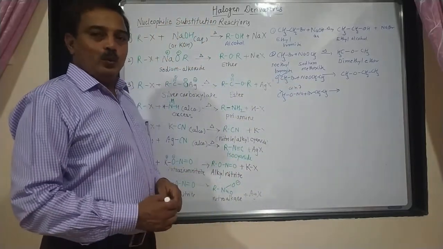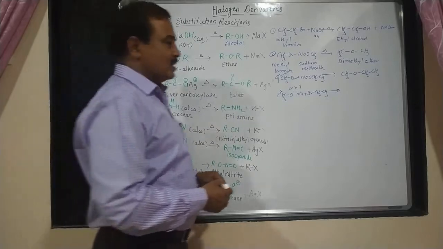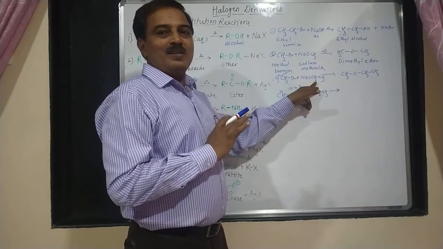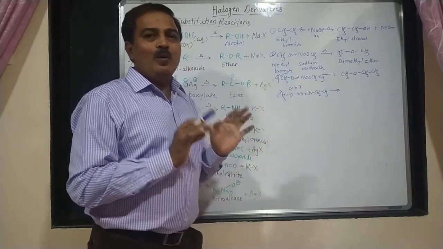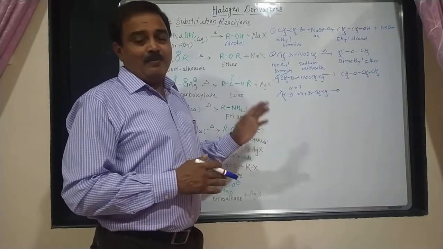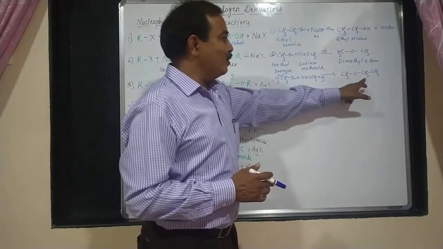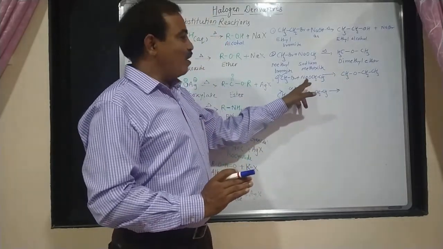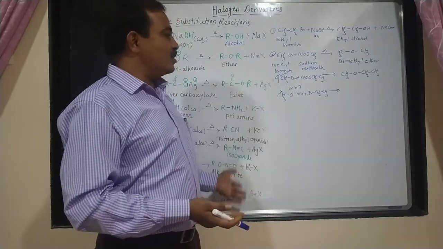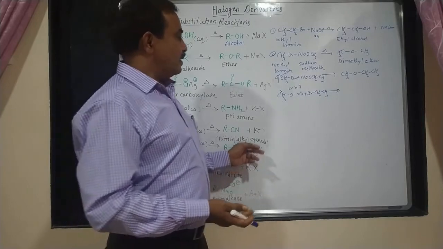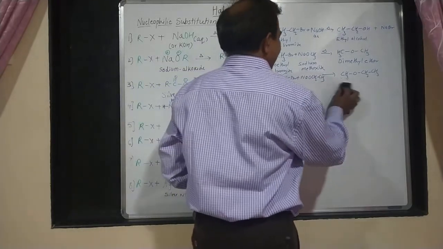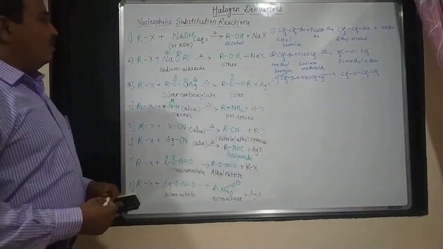So what line will you learn by heart while preparing ethers? The higher alkyl group you have to always bring from a sodium alkoxide. This line you have to learn by heart while preparing ethers by using an alkyl halide. That point we are going to discuss later, after completion of the examples of all these reactions. So you will not prepare it this way: the first reaction is correct, the second one is wrong.